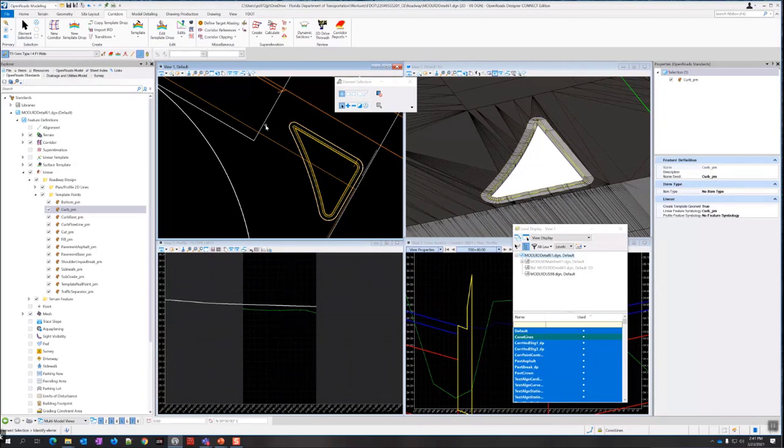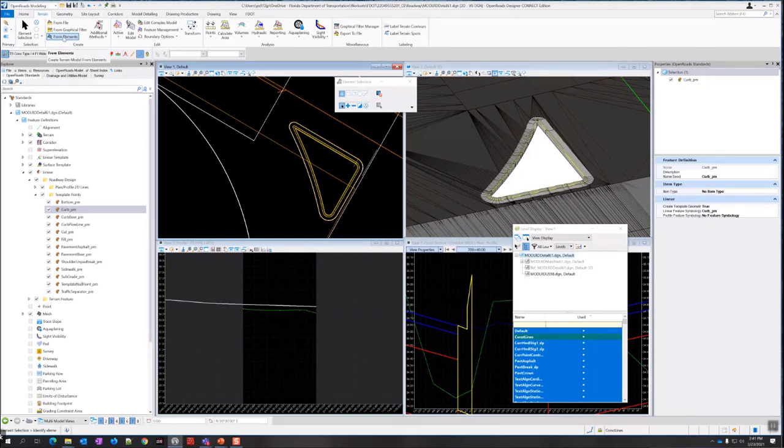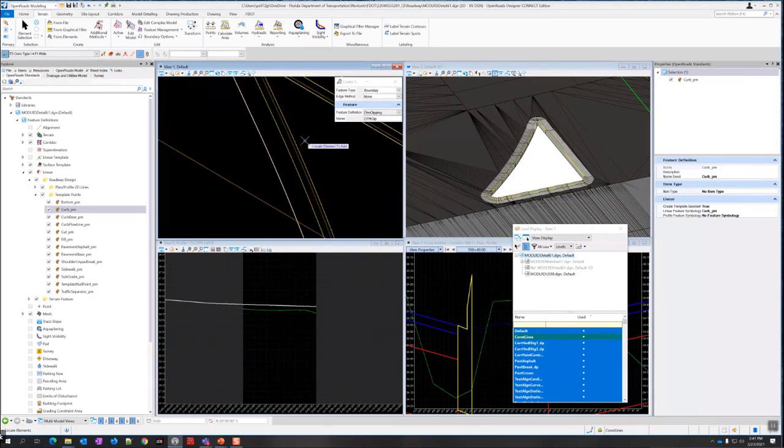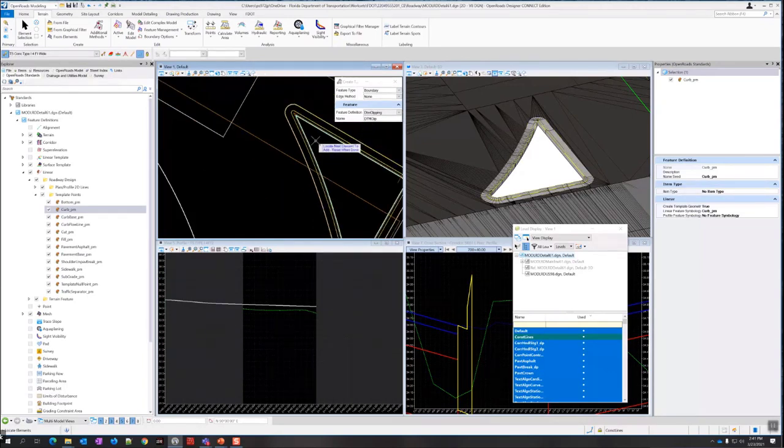And now we can create a terrain from that. So I'm going to go over here to the Terrain tab, and I'm going to go to From Elements, like we did before. The feature type would be Boundary. And I'm just going to select this curb back line here. Curb back in. There's no next element. That's it. I'm going to change this feature definition from DTM clipping to this DTM proposed slopes.